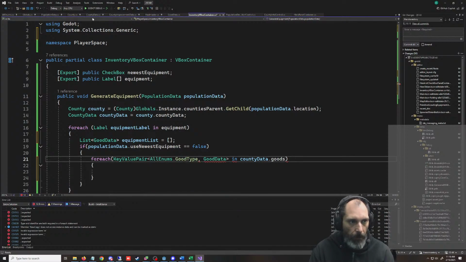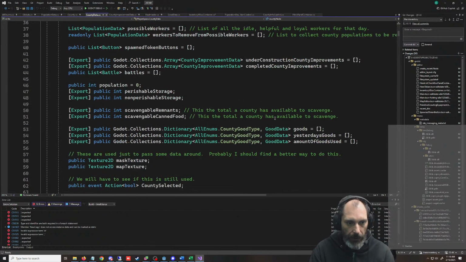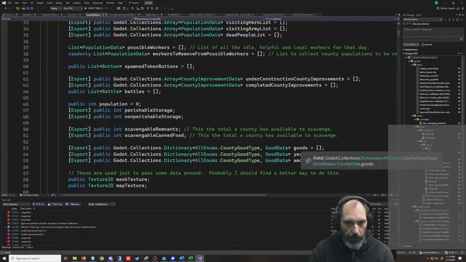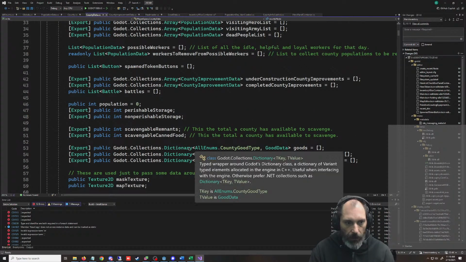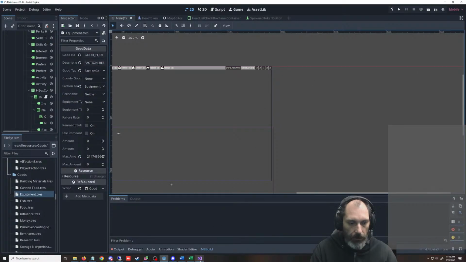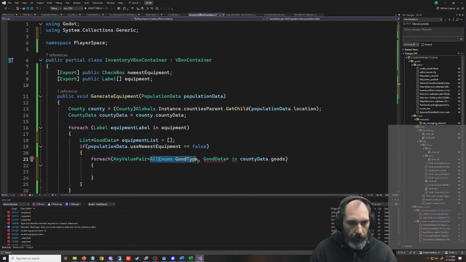Let's look here. Resources is goods. Oh, it's like this. It's county good types. Back to here. What am I doing wrong here?